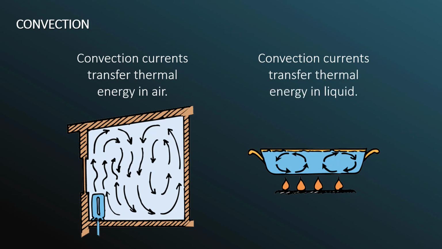The water macroscopically begins to move, carrying energy from the bottom, which is where the water is in contact with the pan, which is in direct contact with the flame. The energy is transferred through the pan to the water at the bottom, and that water at the bottom heats up and then rises and makes space for the colder water at the top to fall down, and then you create this circulating current. Or perhaps we should simply say a convection current.